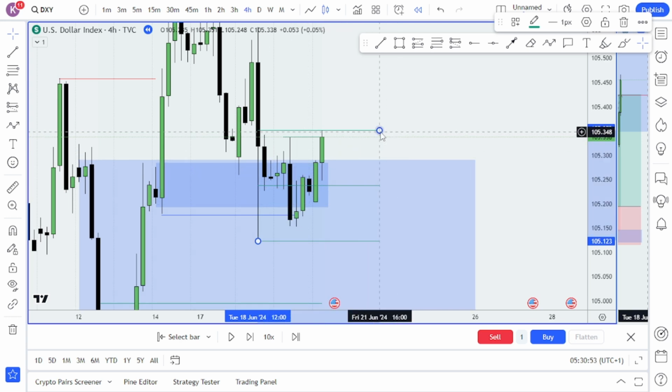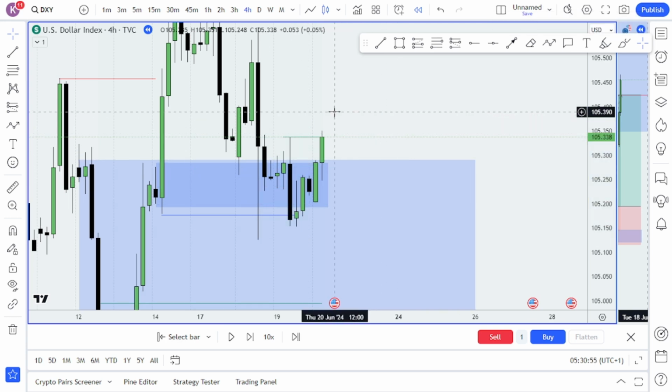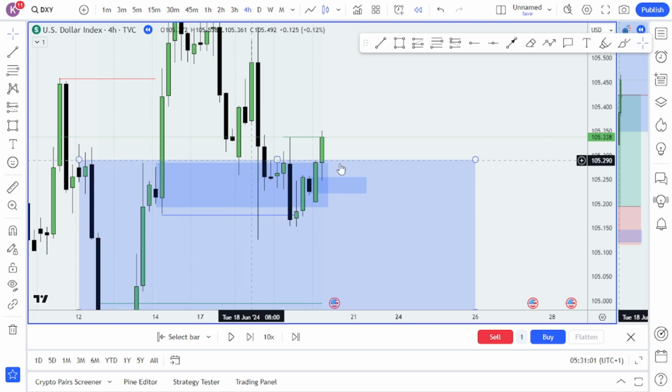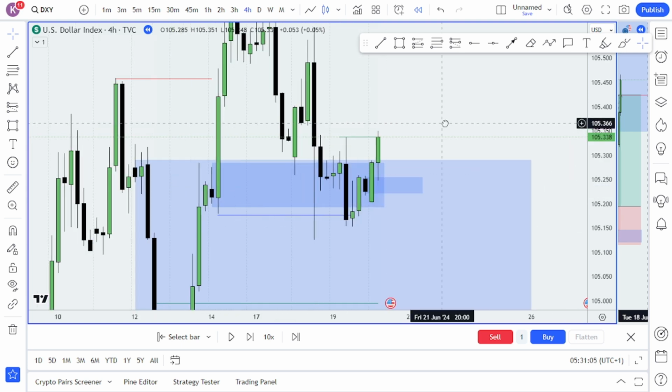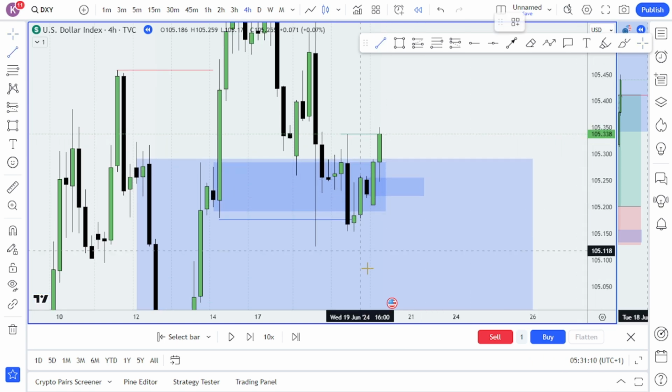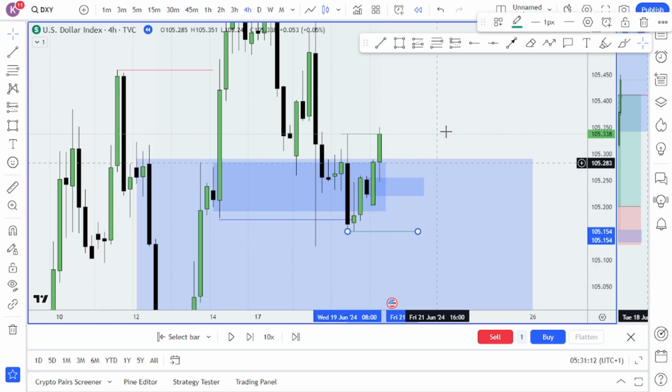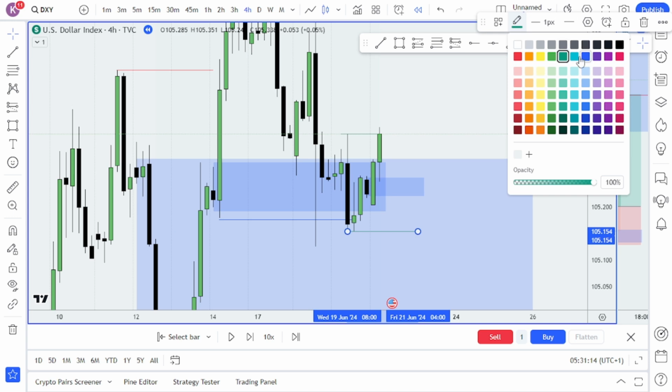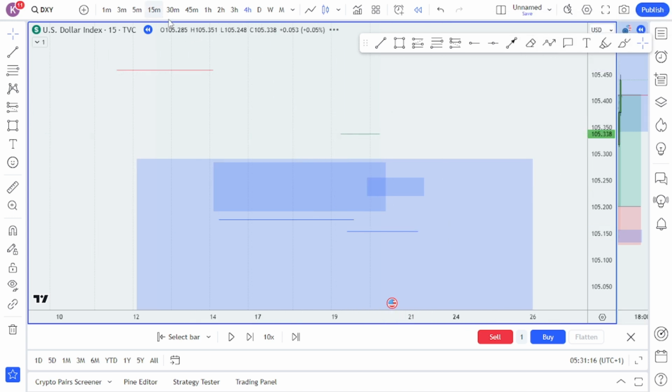I'm not going to say it's going to enter another block yet, because for me to trade other blocks, price must break above and close above the previous high. So if it doesn't, I don't trade off other blocks, maybe a sweep or so. Okay, so now we have other blocks. We have a sweep here. That's going to be the blue line. So let's wait